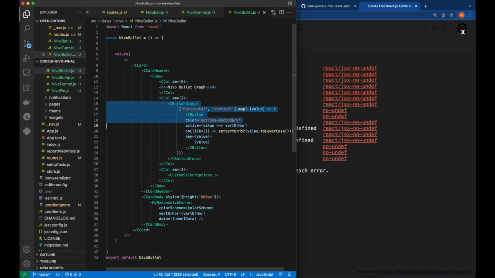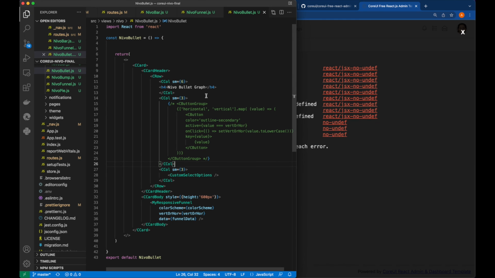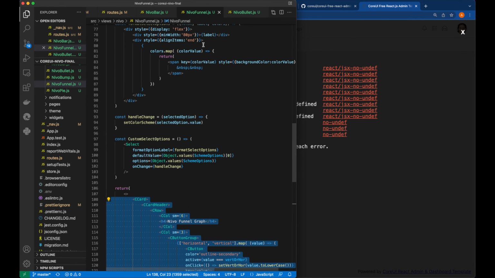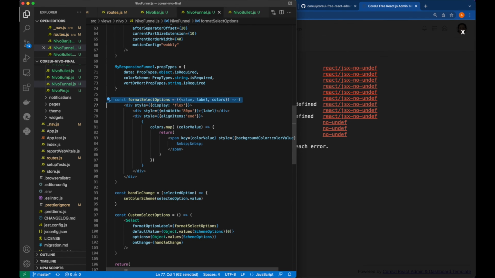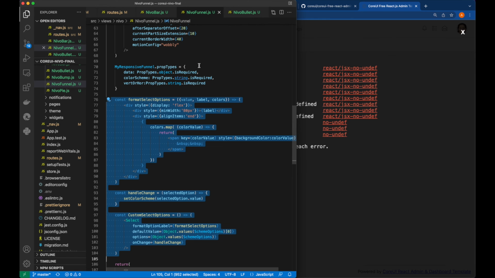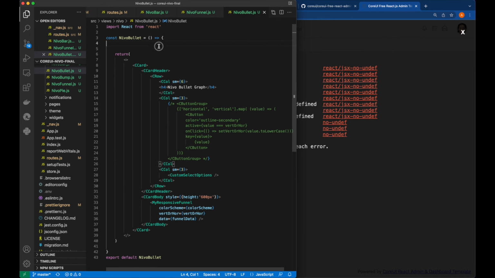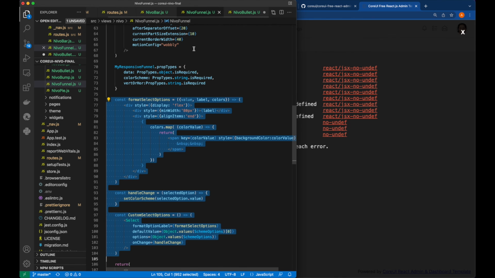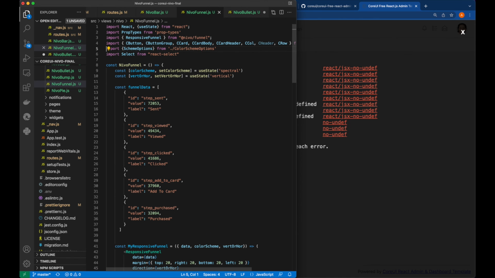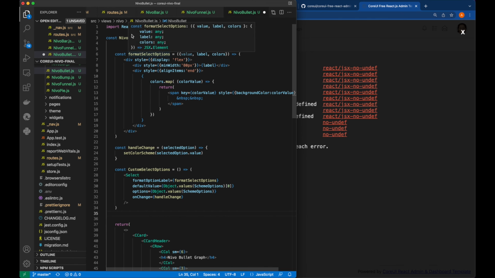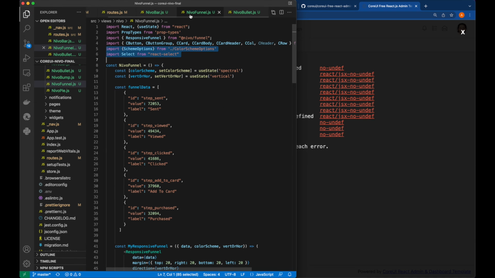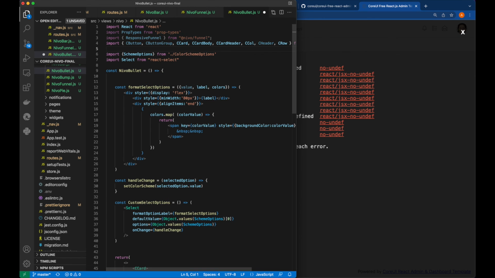Okay, and as of now, we do not need this custom select. We can use the funnel related code. And even we could change that one too. So it's a format selected option. So that actually helps us to implement our color scheme. Color scheme needs these two lines. So we have color scheme. We also need support for these. We have that, and then